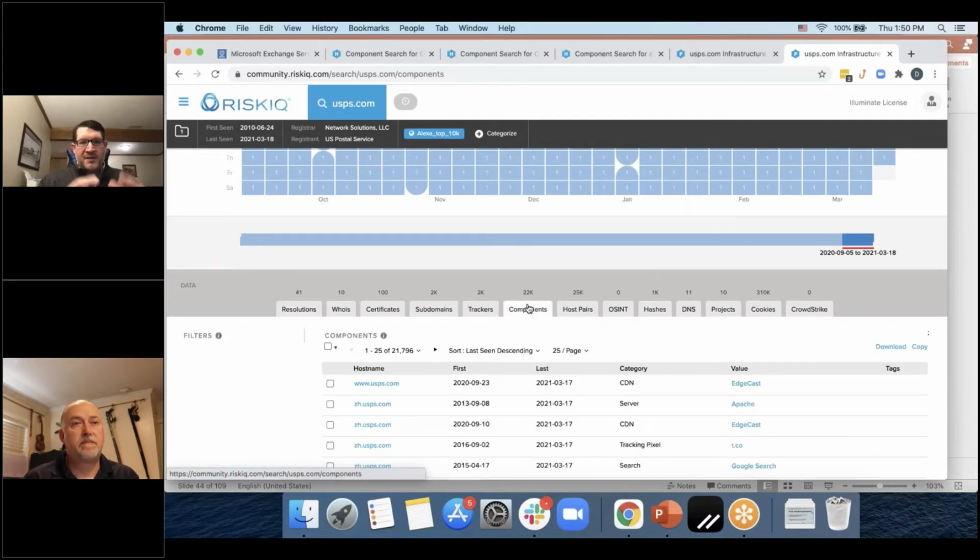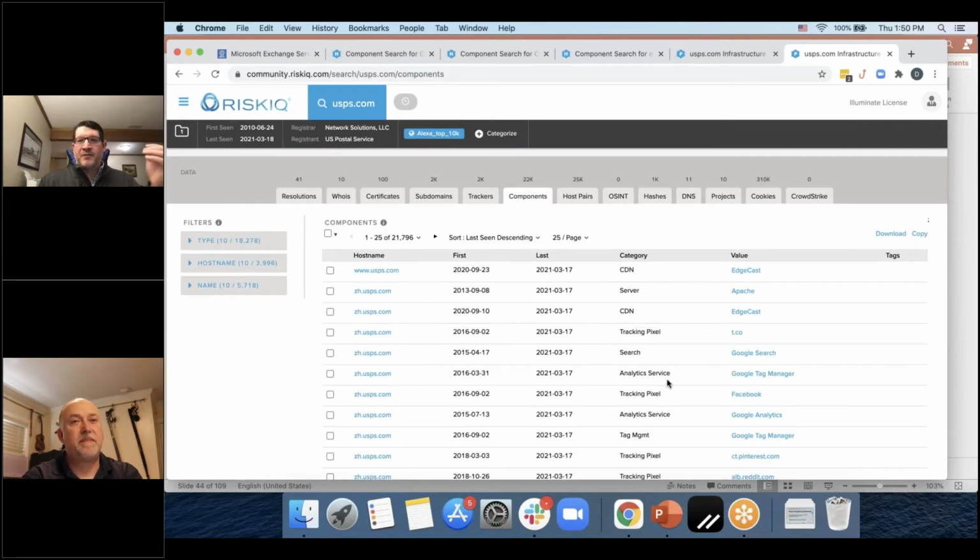Again, a large organization, this is USPS.com. Very large entity, very well established entity. Like a lot of large enterprises, you're going to have a lot of different components running, and then within that, you're going to have all kinds of dependencies too. We're not going to go through all 22,000 of these for USPS.com, but it'll give you an idea of what's there.